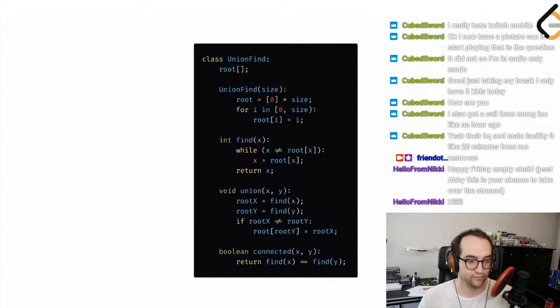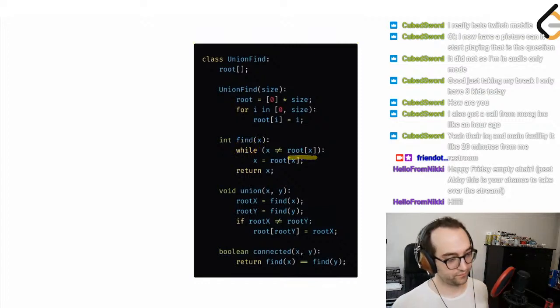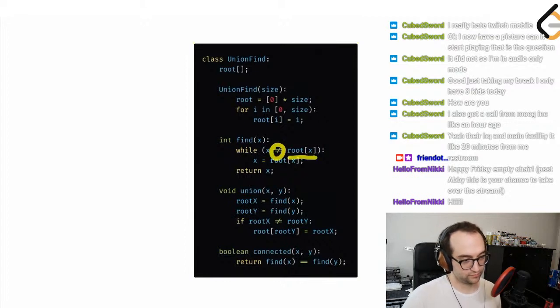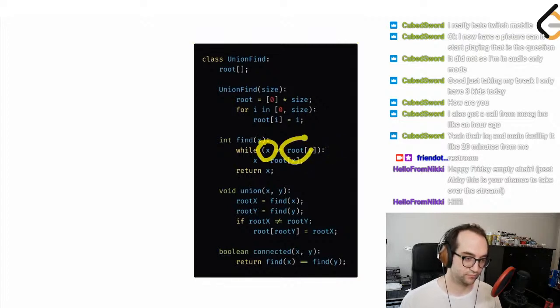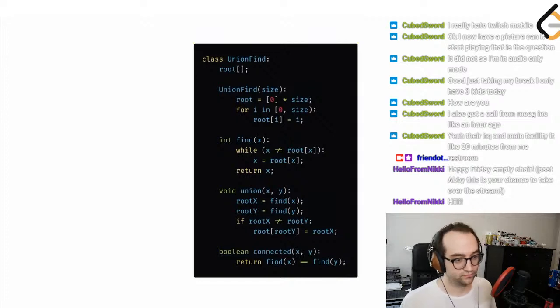What is it doing? It's checking if the root vertex is equal to the current element. If they are not equal, we will continue searching through its parents until we find the current index, or when the vertex is equal to its parent. This means we have found the root node, so we can return it. This allows us to use the find method to get the root node of x and move on to the